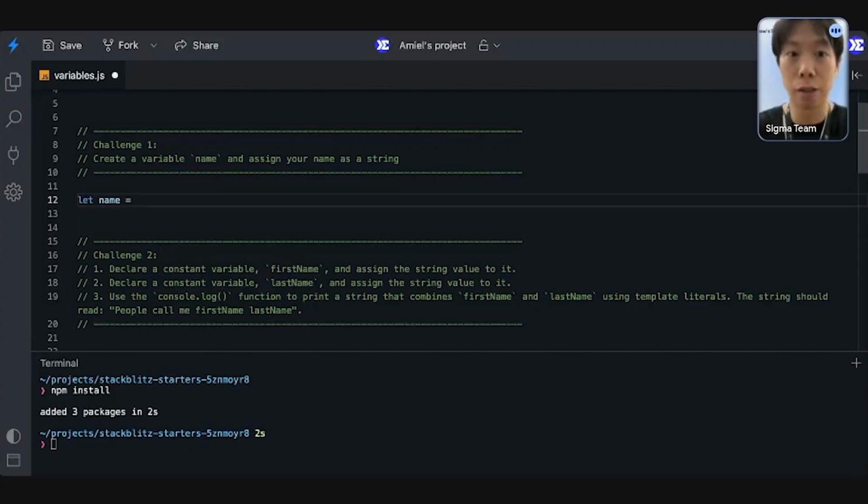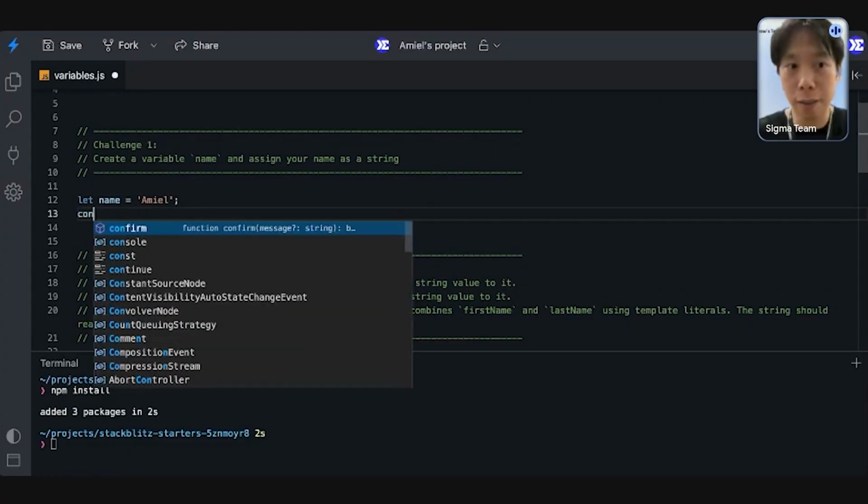And to create a string, what you want to do is you can either do, what do we call this? Crap, I need English teachers' help. What do we call this again? Quotation. Yes. Single quotations, or actually double quotations also work. But in this case, we can use single quotations. And in this case, my name, Emil, and then a semicolon. So that basically determines that I'm assigning my name into the variable called name, right?